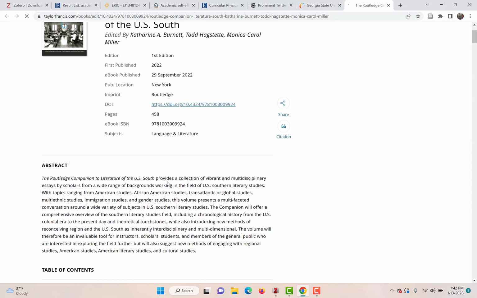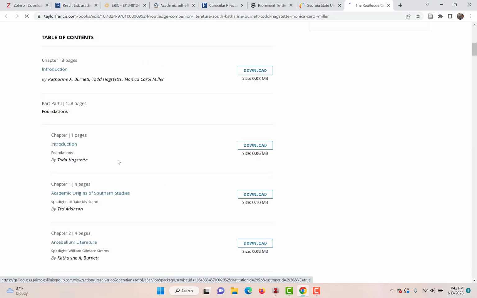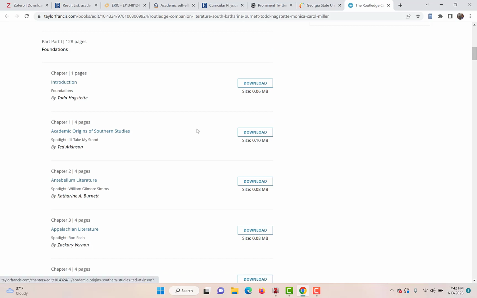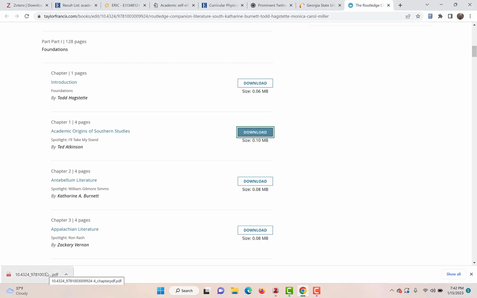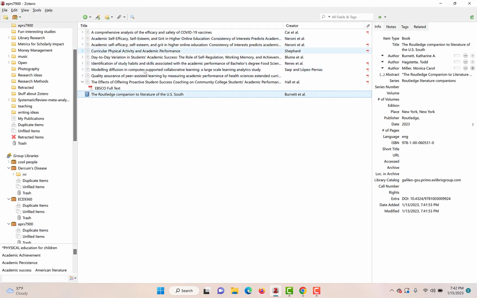Now, if I go to the ebook and if I were to be able to download a chapter, I want to download chapter 1. And if I did that, then I can drag this chapter into Zotero just like I did the journal articles, and I can get the content in there that way. So now that we have a good bit of content in our folder in Zotero, let's take a look at